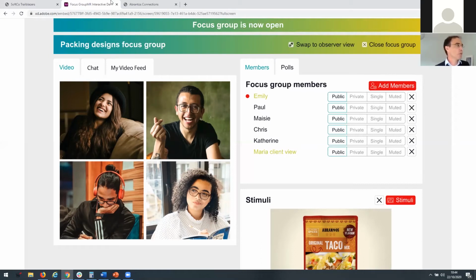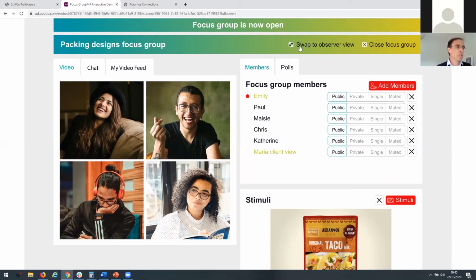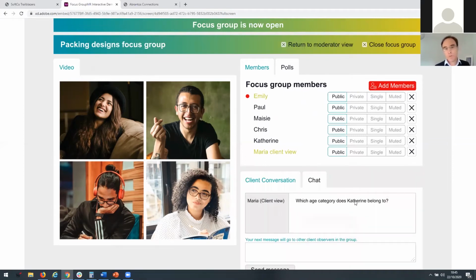A further advantage of live chat focus groups and of the video version is that there is an observer room as well. And this works, again, differently to Zoom. It works exactly as a physical group would. It's a two-way mirror. It's a virtual two-way mirror. So they have their own chat box and they can discuss amongst themselves. You could have any number of clients watching. We've often had 20 people log in to watch a session, and they can chat amongst themselves wherever they are in the country. The participants have no idea they're there because they can't see that screen at all.